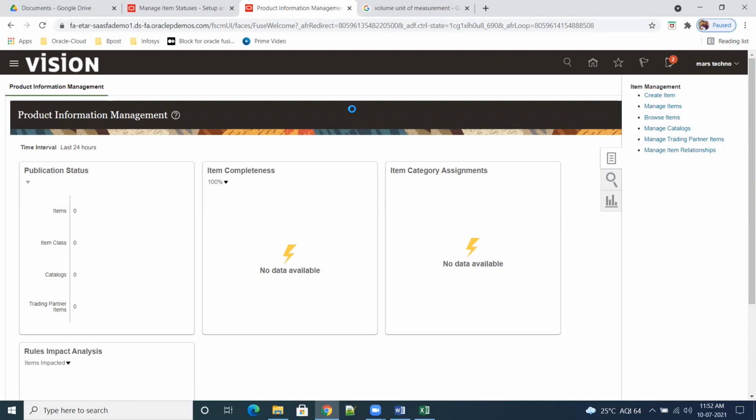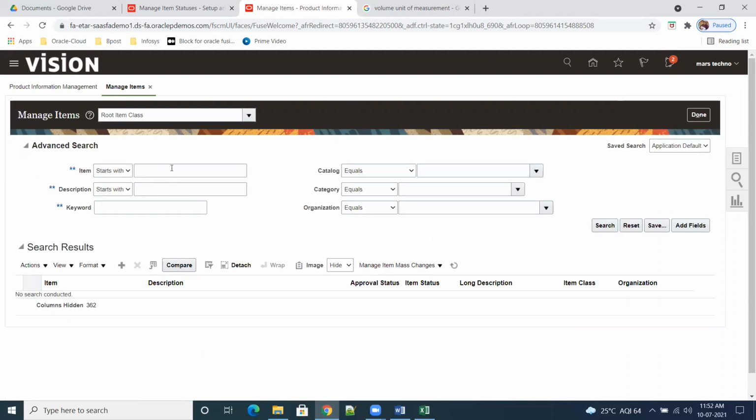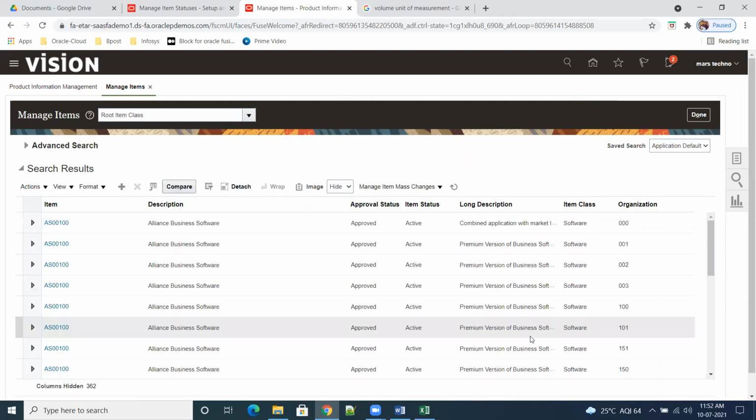Manage items. These are the seeded ones.